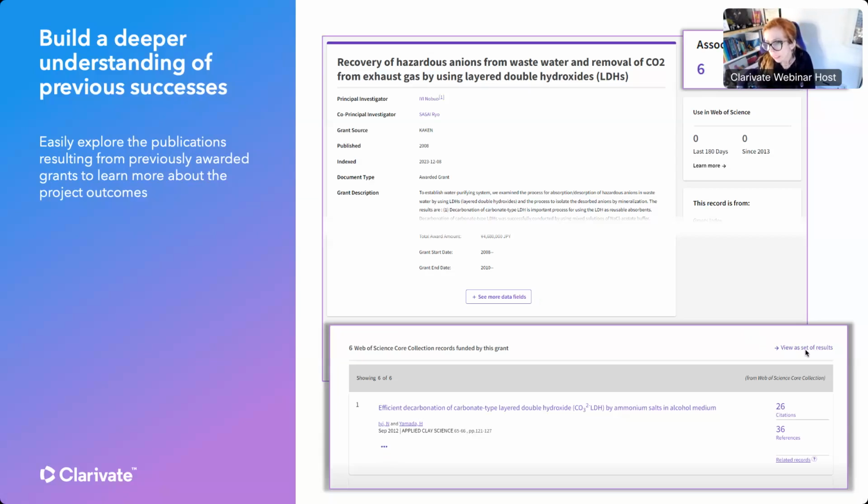So what this gives you, in addition to Pivot, for those of you that have Pivot, if you don't, you can search for Pivot RP and you'll see that it's part of the Clarivate offering. That is by definition the platform for searching funding, open grants as well as awarded grants. But what you have here, in addition, the value add of searching awarded grants here is that